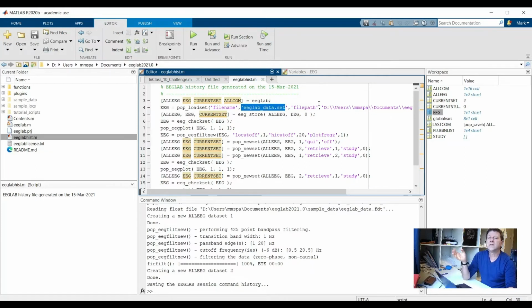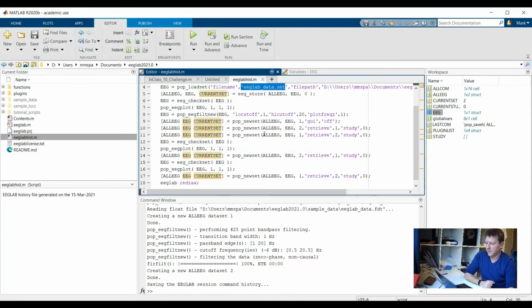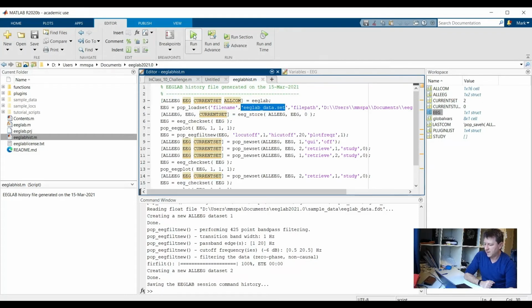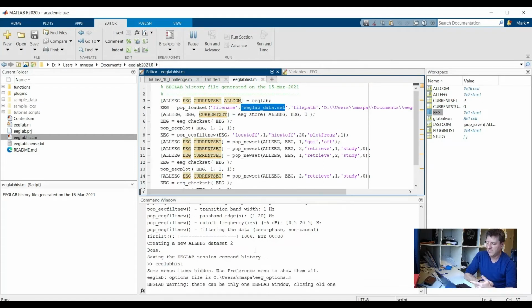This could be a data set that pertains to one particular subject, and you can create a for loop here, as we learned in this course, and do the same changes to our data set, the same artifact recognition, filtering, etc., for each subject in our data set by changing these parameters. So if you run this file now, instead of running EEGLAB, you can see it does exactly the same things